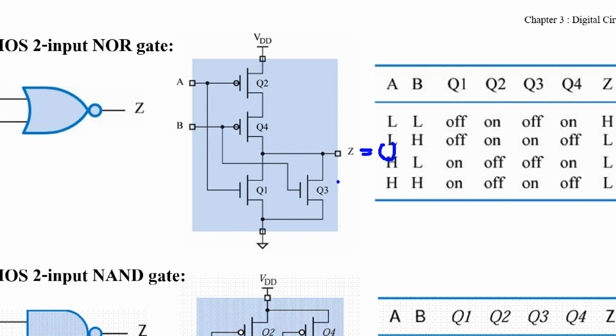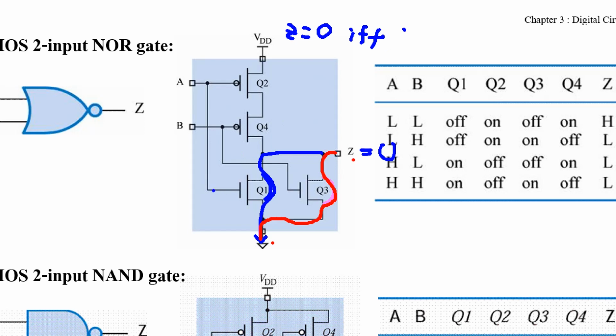This output will be 0 when what? When Q1 or Q3 turn on, right? If Q1 turns on, there's a path that connects to ground, or when Q3 turns on, this path connects the output to ground. So you can write the statement: Z will be 0 when, or if and only if